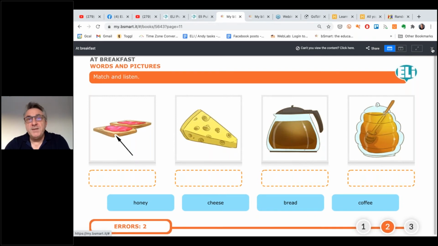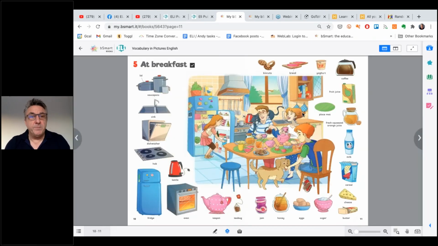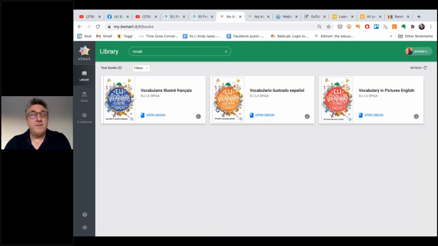If you buy the printed version of these lovely picture dictionaries, in the front or the back there is a code, and you put the code into the platform. The website at ellieonline.com will tell you how to do that, and then you have access to these resources. If the students have a copy of the book, they can do the same. That's what they call the Be Smart platform, and I think it's fantastic.